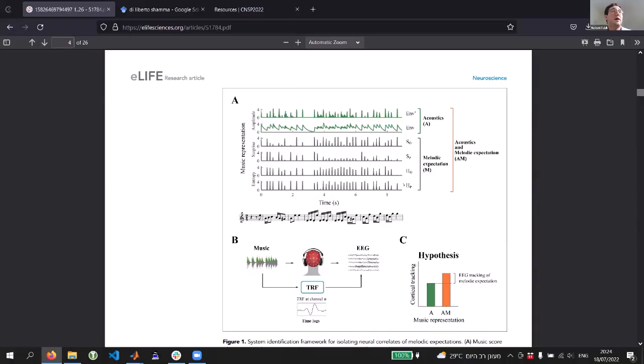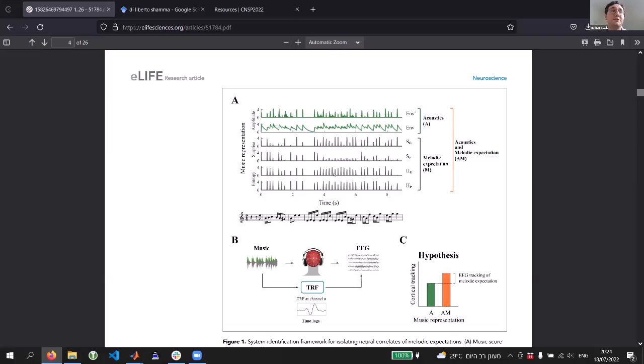These come from a model called IDyOM, which quantifies the information content in notes that happen in the piece based on both a larger corpus of data that it's trained on and shorter term information within the piece. So specifically, we're looking at how unexpected a note is. So that's what we're calling surprise, and